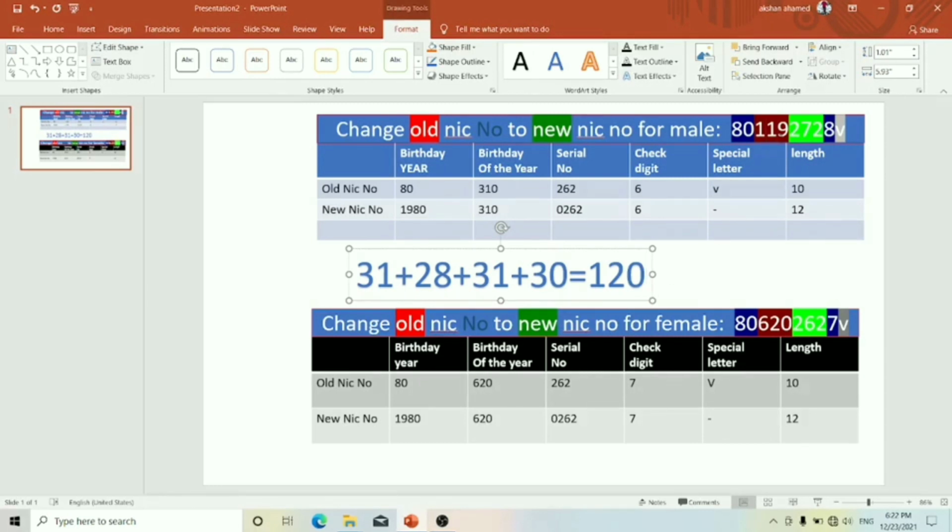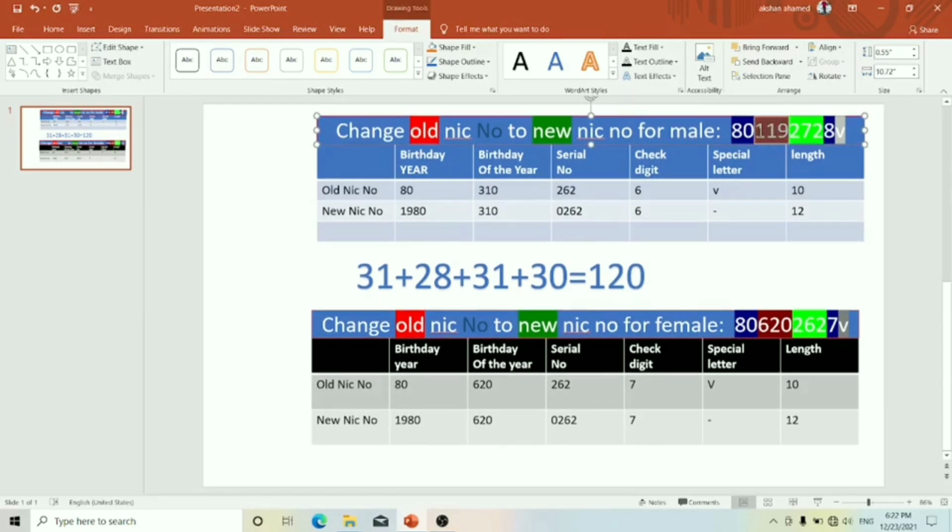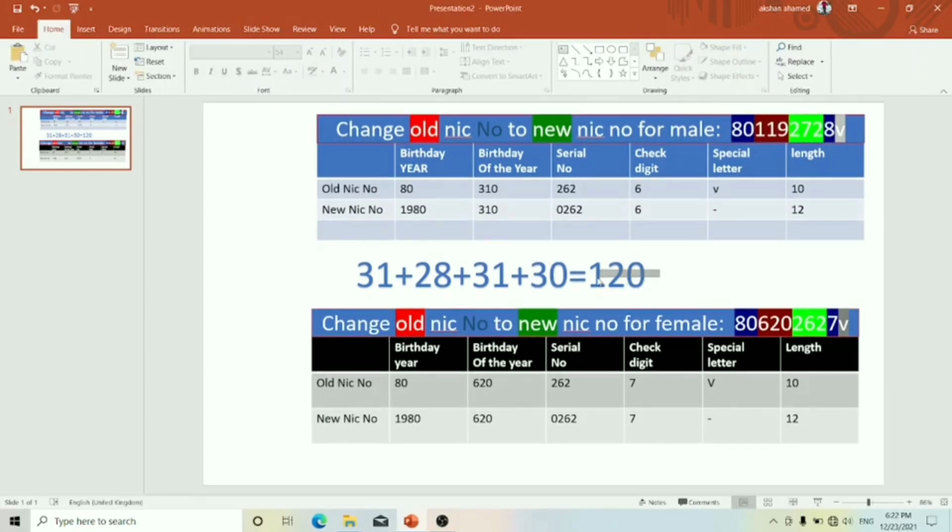We know this person was born on the 119th day, but here it is 120. So we can identify this person was born in the April month,